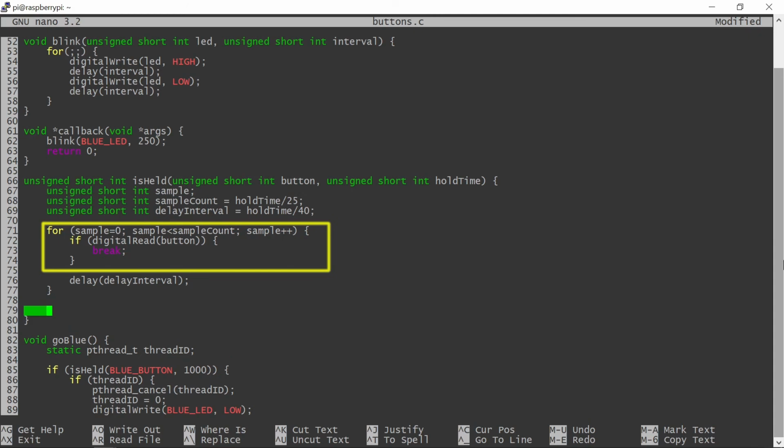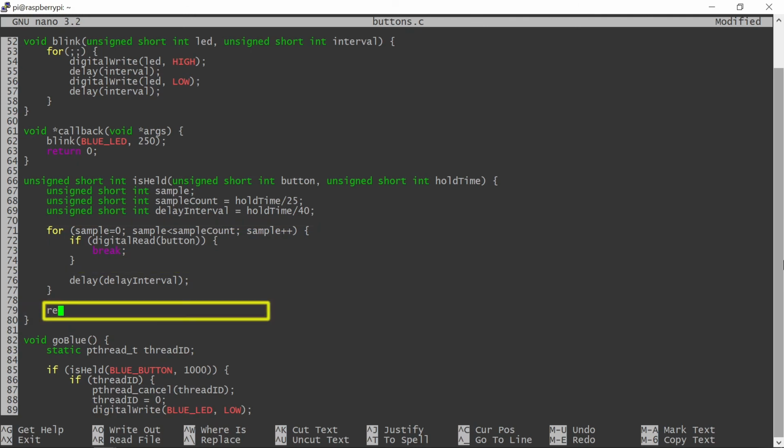The loop used here is short-circuited, where the sampling will terminate as soon as a button state change is detected. Effectively, all regular presses and all holds shorter than the predefined hold time will be ignored. This function will return true if the button was sampled successfully as having the same state.